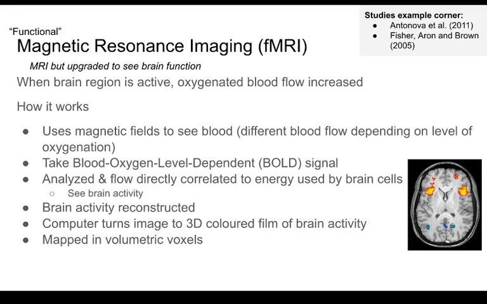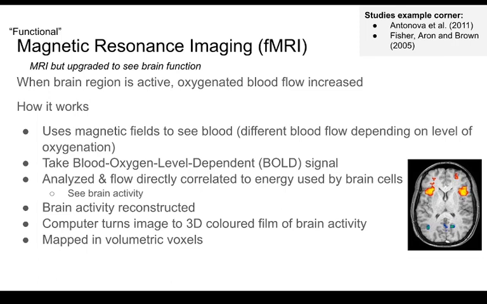Next we have functional magnetic resonance imaging, fMRI. As far as I know, this is the upgraded version of MRI, but instead of better image quality, they have a way to look at brain changes. The way they do it is that they assume that when your brain is active,